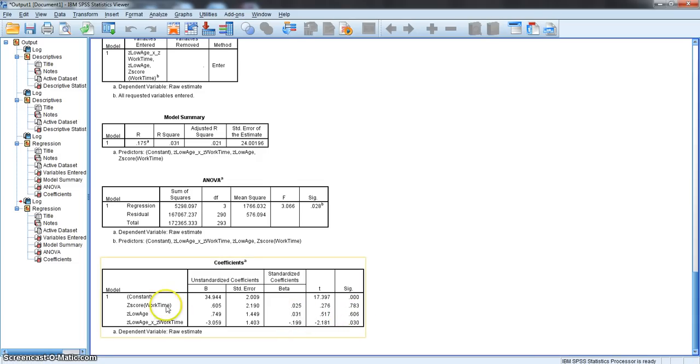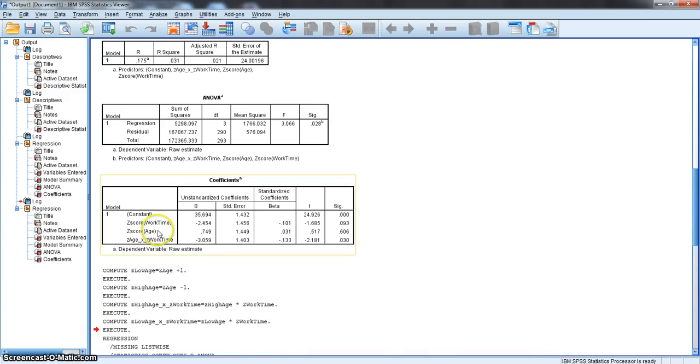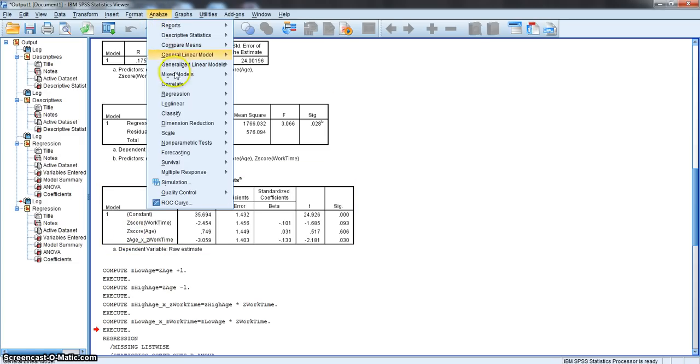What I'm looking for is what is the effect of work time for low age? And right here you can see that it is nothing, basically. The t statistic is below 1. The beta is very small, the p-value is quite large, so no effect for work time at low age. Also, if you look up here at the original analysis, there's no effect for work time at the medium age, at the average age. So then we go to analyze again,